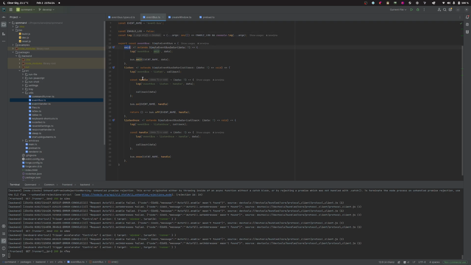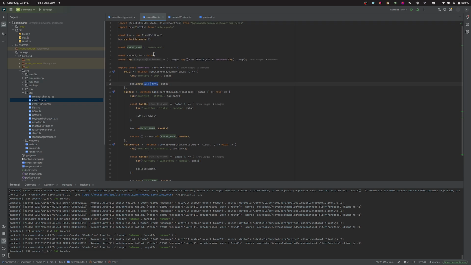But what it basically does is, if I call emit, I need to provide it with a name, right? Which, because it's an event bus, it's a generic implementation. It has one name. And the reason why the name is a constant and I don't allow for name setting is, I want this event bus to be generic. So every event is an event bus event. And so it allows me to listen to it and handle it accordingly, where the data can allow you to build upon it to specify special things,